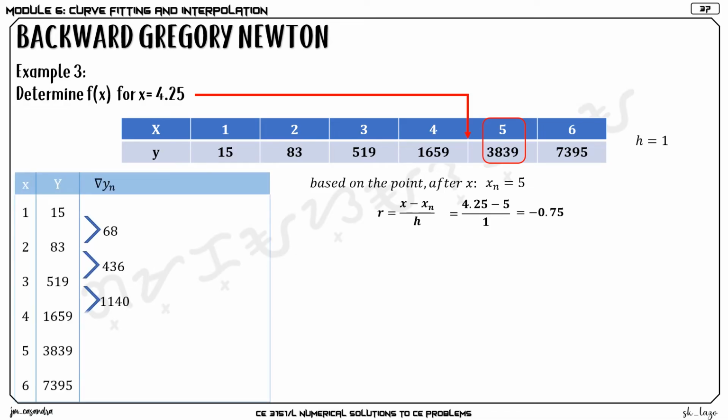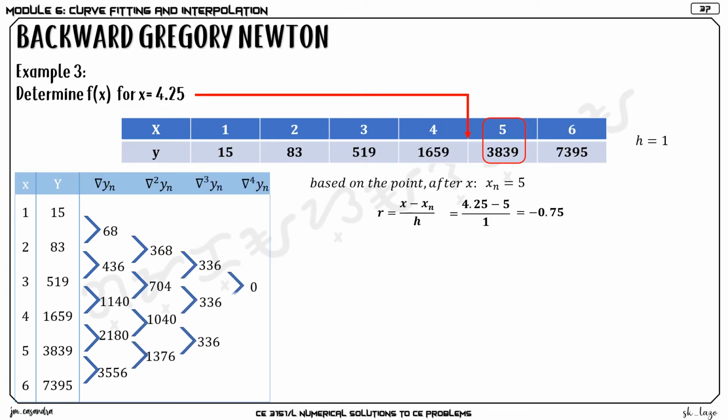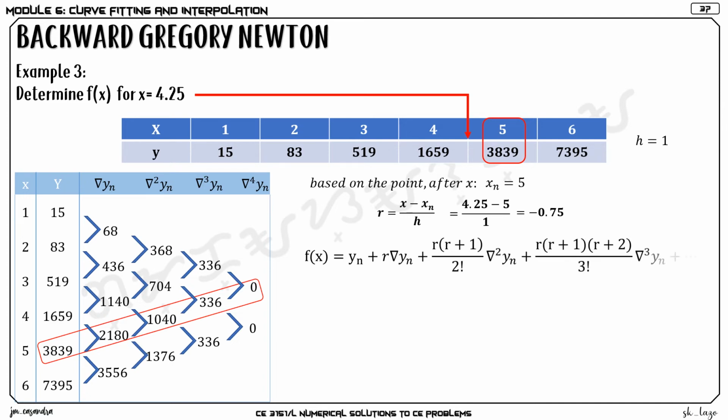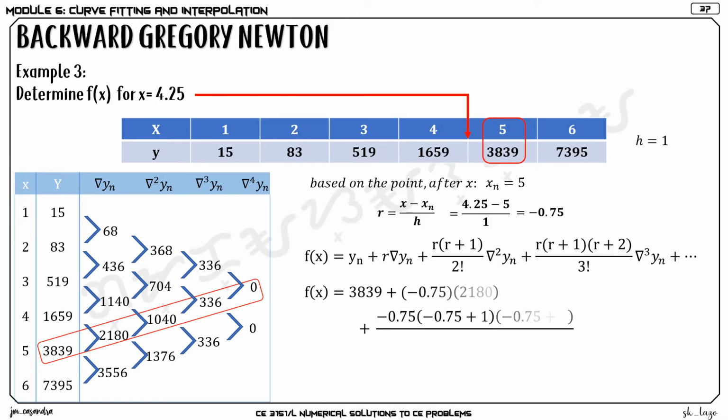So using our computed finite difference table, we will now be using the backward differences at 5, that is now 3839, 2180, 1040, 336, and 0. For our computation, we will now be substituting the values of r and our backward differences as highlighted in the function of x equation. So we get the function of x is equal to 3839 plus negative 0.75 times 2180 plus